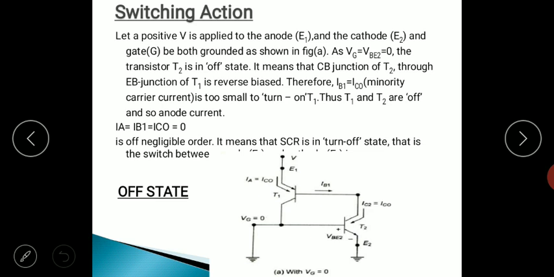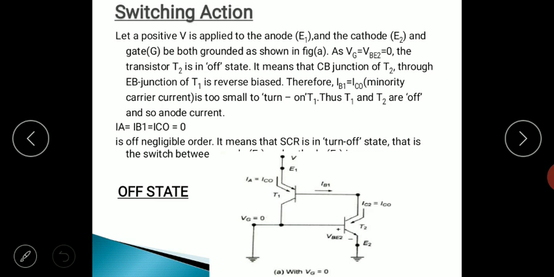Now in order to understand how SCR can be used as an off switch, let a positive voltage V be applied to the anode, and the cathode and gate G both are grounded. That is, a positive voltage V is applied between the anode E1 and cathode E2 and the gate is grounded as shown in the figure.